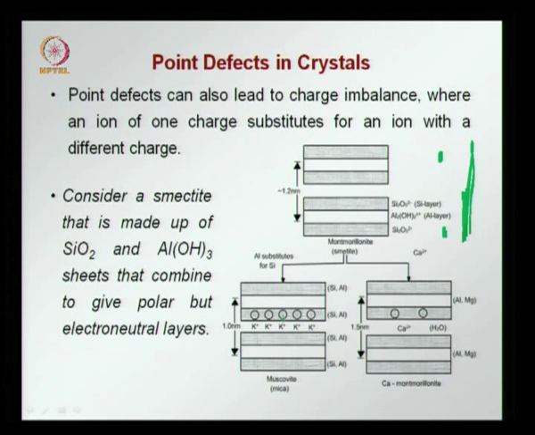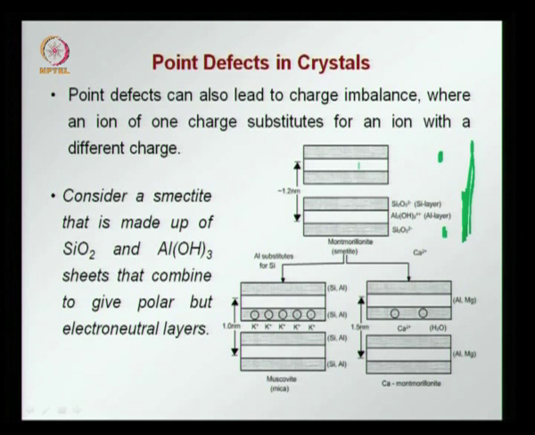This charge imbalance that has been created due to the substitution of the silicon by aluminum has to be compensated by other cations which get now introduced into the structure. There are cations which get introduced now in this structure, and this can lead to changes in how the material